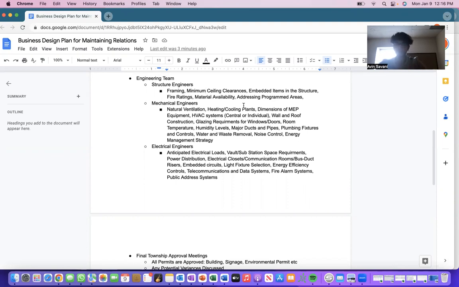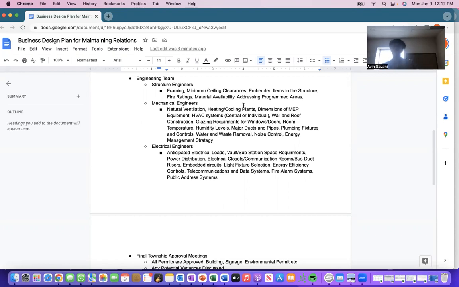So major ducts and pipes, plumbing fixtures and controls, water and waste removal, noise control, energy management strategy, and overall energy cost saving analysis too. So that's kind of the mechanicals' role.